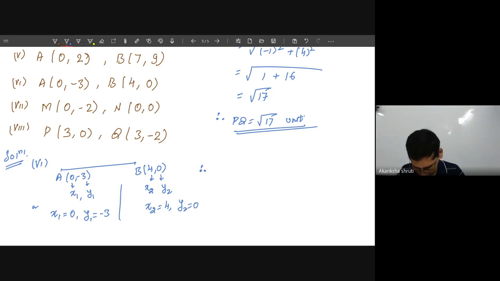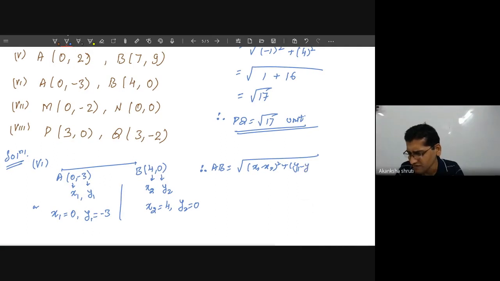But the question is not just for calculating the distance between the 2 points. ये तो just 1 mark से question आएंगे. जब आपके बिगर बिगर क्वेश्चन आते हैं तो ऐसे सेपरेट करके लिखने की जरूरत नहीं पड़ती है. आप जस्ट फॉर्मूला लिखिए, वैल्यू पुट करिए इन कोऑर्डिनेट्स को देख करके. Therefore, this AB is calculated by, फॉर्मूला लिखना बहुत जरूरी होता है. x1 minus x2 square plus y1 minus y2 square.